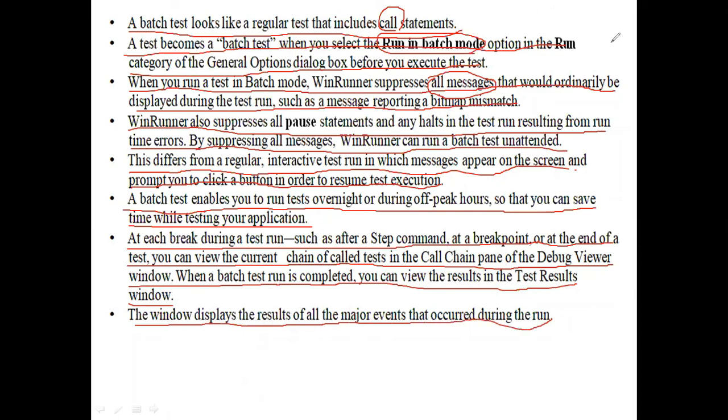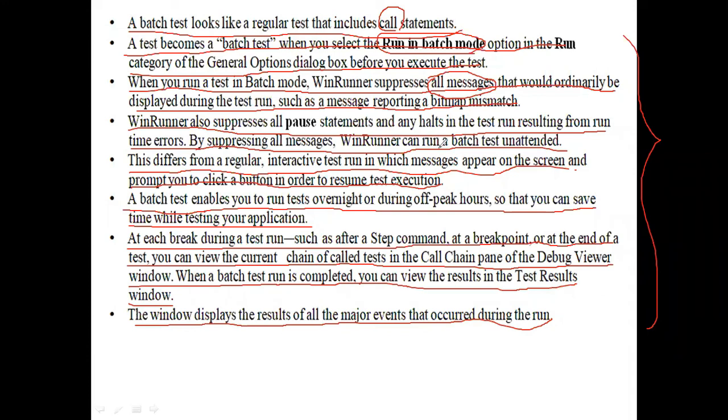So these are the results you are going to find if you run a batch test. WinRunner suppresses the messages, and the window displays the results of all the major events that occur during the run.